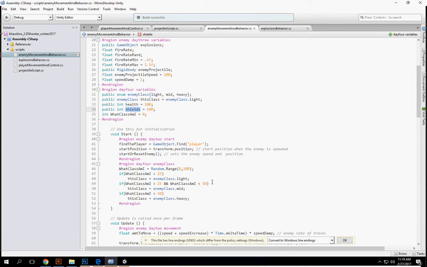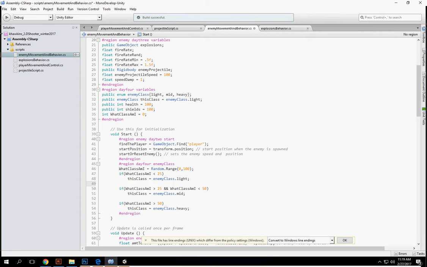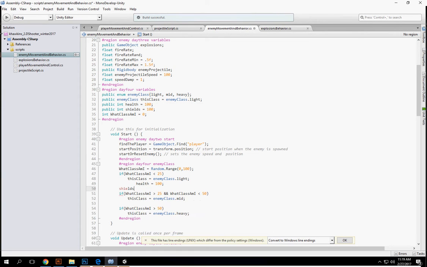So what we're going to do is, if you're light, you just have health. And if you're mid, well, we'll do this. If you're light, just to be on the safe side, health is equal to 100. Shields are equal to 0. And if you're mid,